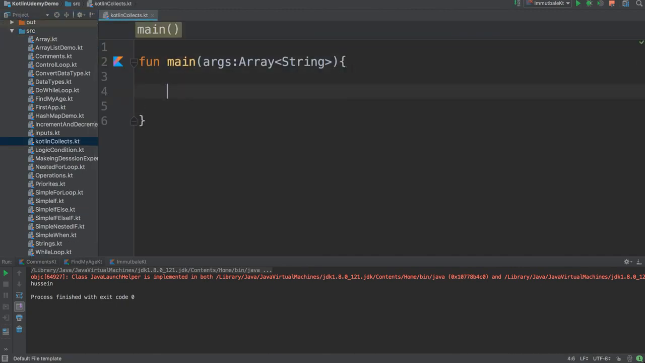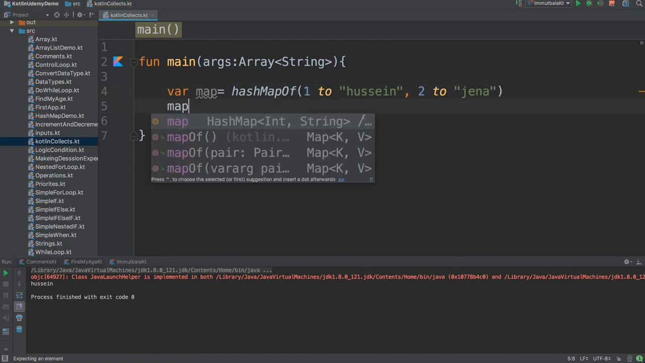Okay, so I just create it here. So this is my class. Let me suppose I want to define a map. In Kotlin also, I don't know why I use let a lot, variable map. And Kotlin also has, for map, you say hashMapOf, and you could give it the values that you want. Say, for example, key 1 will be the key for the name, which is Hussein. So 1 to Hussein. Okay, you could add more. 2 is the key for Jenna,